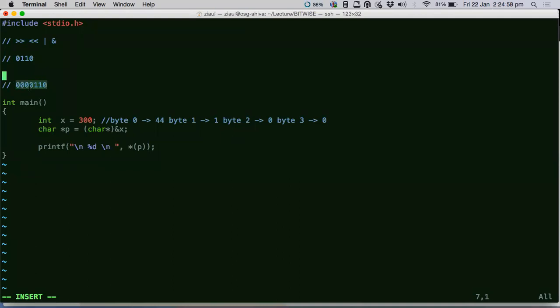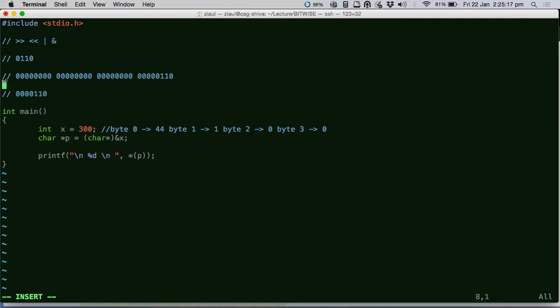But if it was a multi-byte number, if 6 had actually been stored in an integer, then how would your number look? It would have looked something like this: 1, 2, 3, 4, 5, 6, 7, 8. This is how 6 would have looked if it was stored in an integer.